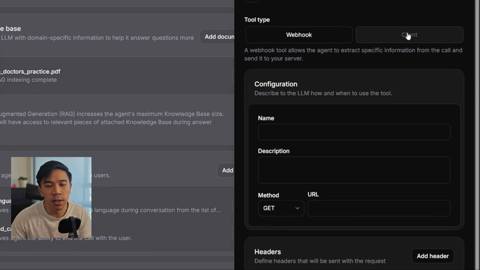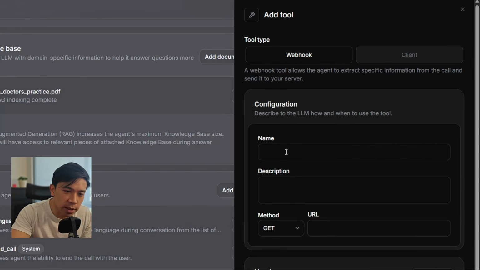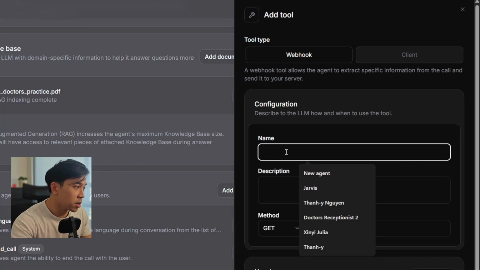A client tool is basically a tool that you can run on a local application, like for example an app or a desktop application. If you want to know how that works in detail, I did that in my previous video somewhere over here, where I created Jarvis from Iron Man, the personal AI assistant. But for now, we're going to use the webhook, and we're going to create a function called